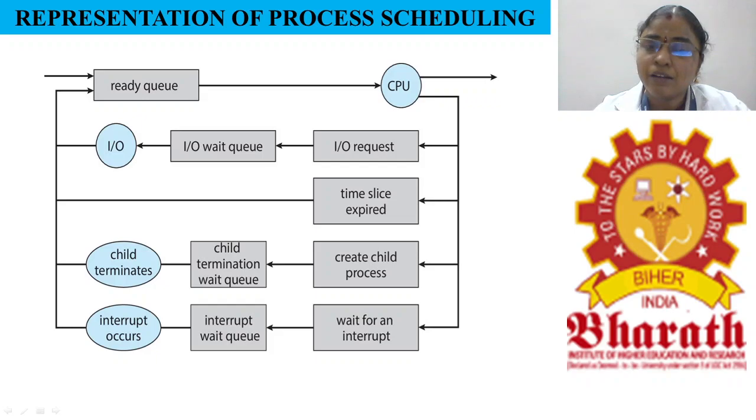The time slice, or time quantum, is like this: suppose your CPU scheduling algorithm is round robin. For example, we have 3 or 4 processes. For each and every process, the CPU will be allotted for only 4 milliseconds. So for the first 4 milliseconds only, the first process will occupy the CPU. In the 5th millisecond, the time slice automatically expires for the first process. So after the 4 milliseconds, process 1 is moved from the execution state to the time slice expired state. Again it will be moved to the ready queue and wait for CPU allocation.